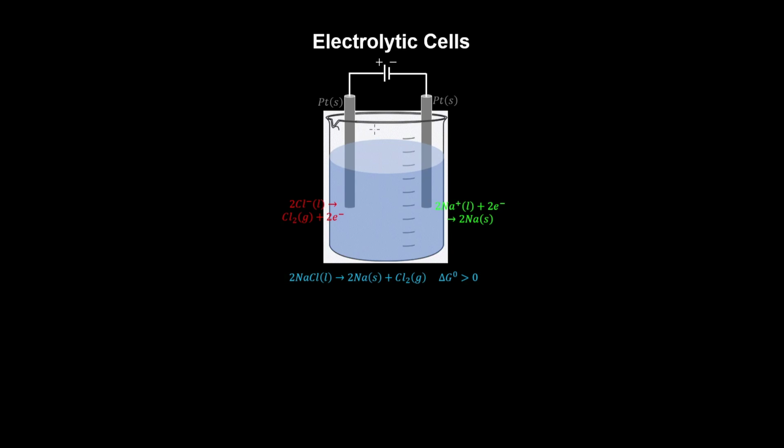An electrolytic cell uses electrical energy from an external source, such as a battery, to drive a thermodynamically unfavoured reaction. So for example, if molten sodium chloride is placed in a container and we insert inert electrodes, such as platinum, which do not react, and we attach those to the positive and negative terminals of a battery,